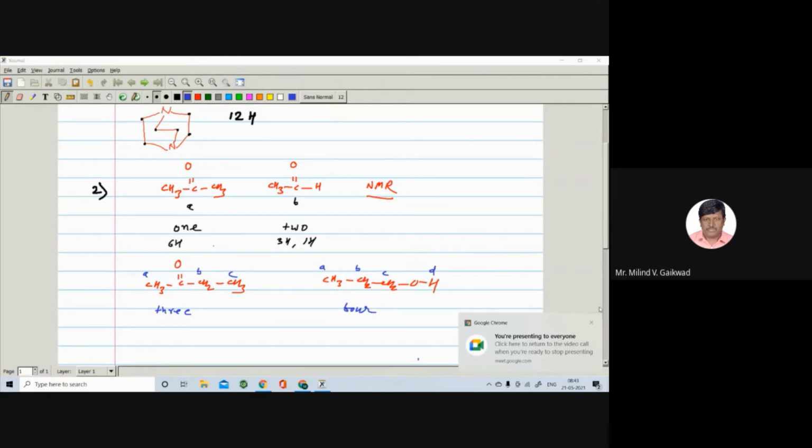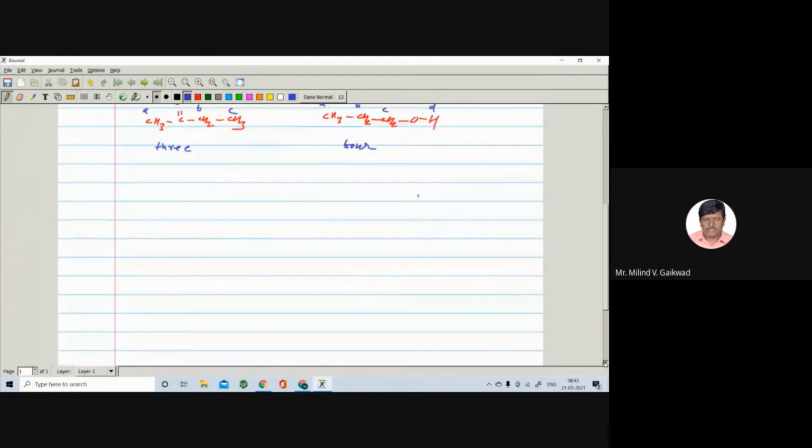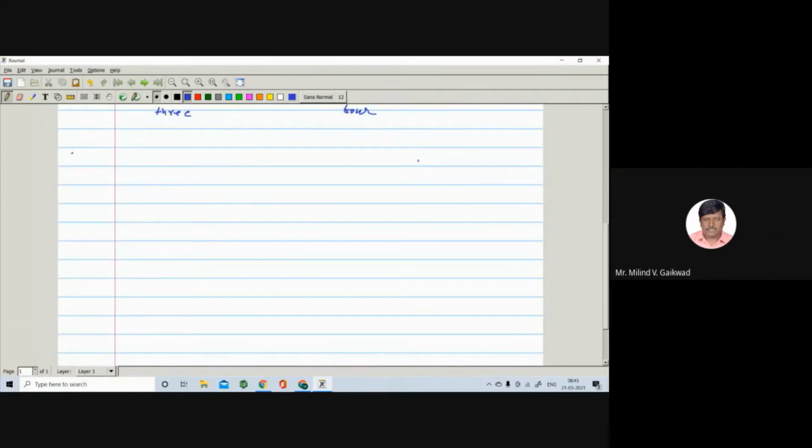In this other example, question number 3, suggest the structure of the compound having the following PMR characteristics. So here they are given the PMR data, and they're asking to find out the structure. Okay, so for this one more than one structure may also be possible, right? So number A,